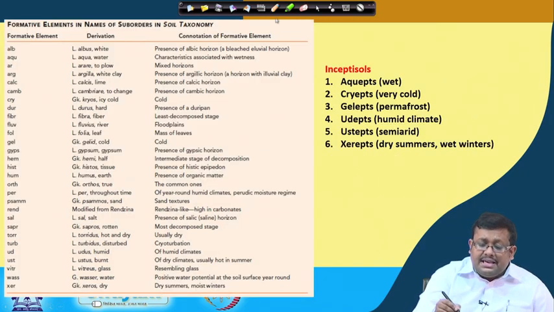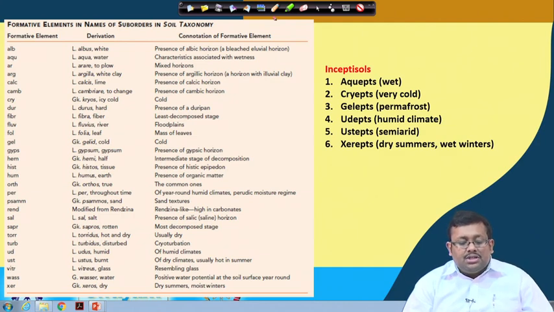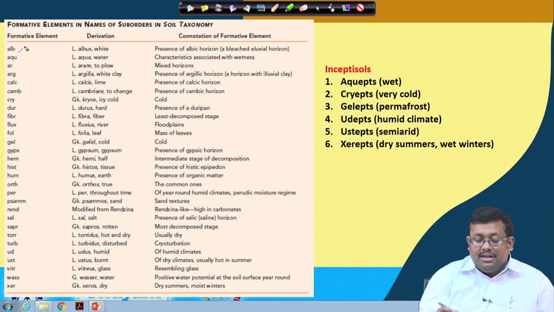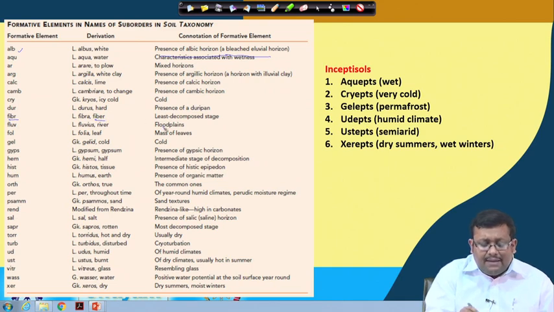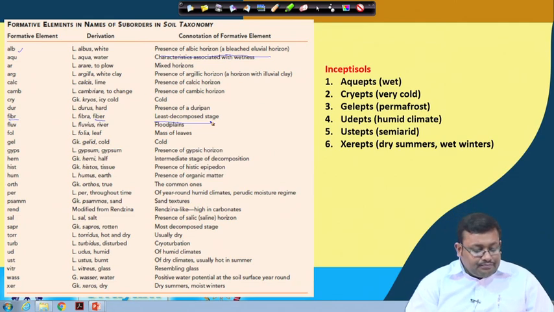For example, you can see here I have given a table which shows different formative elements and different connotations of formative elements. For example, ALB shows the presence of an albic horizon, which is a bleached eluvial horizon, which I have already told you. If you take FIBR, which is derived from fiber, it shows the least decomposed stages of organic matter.